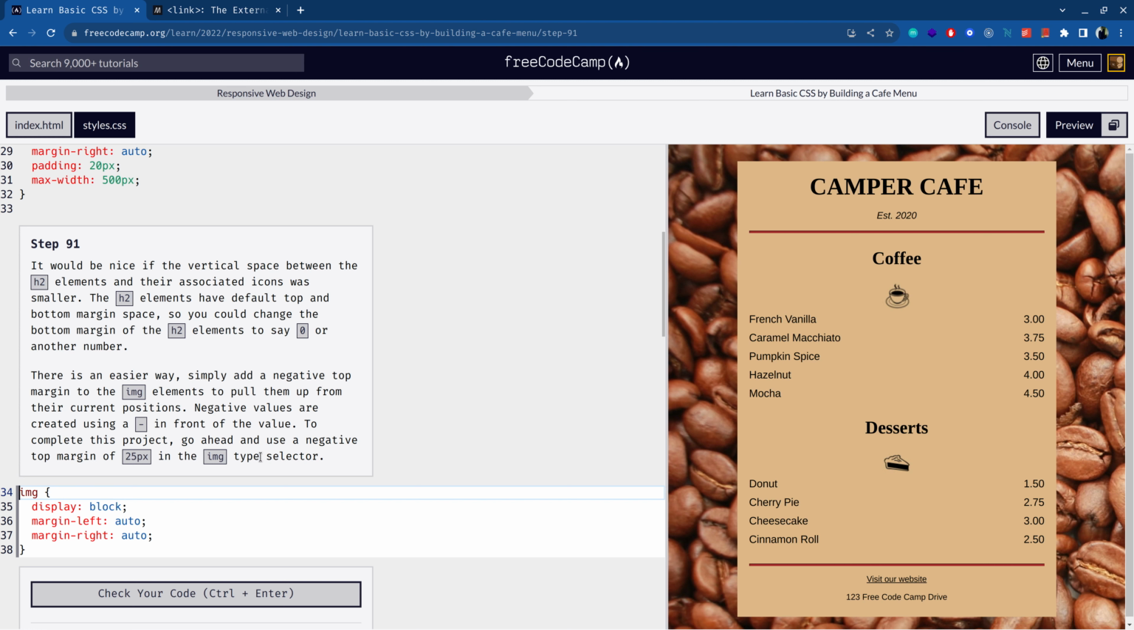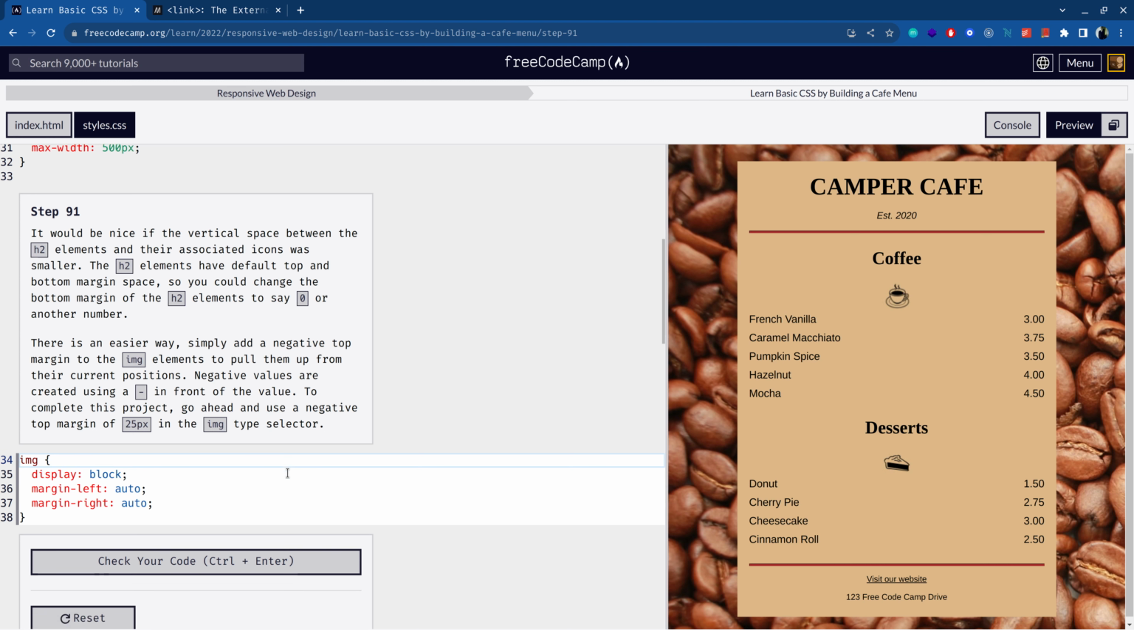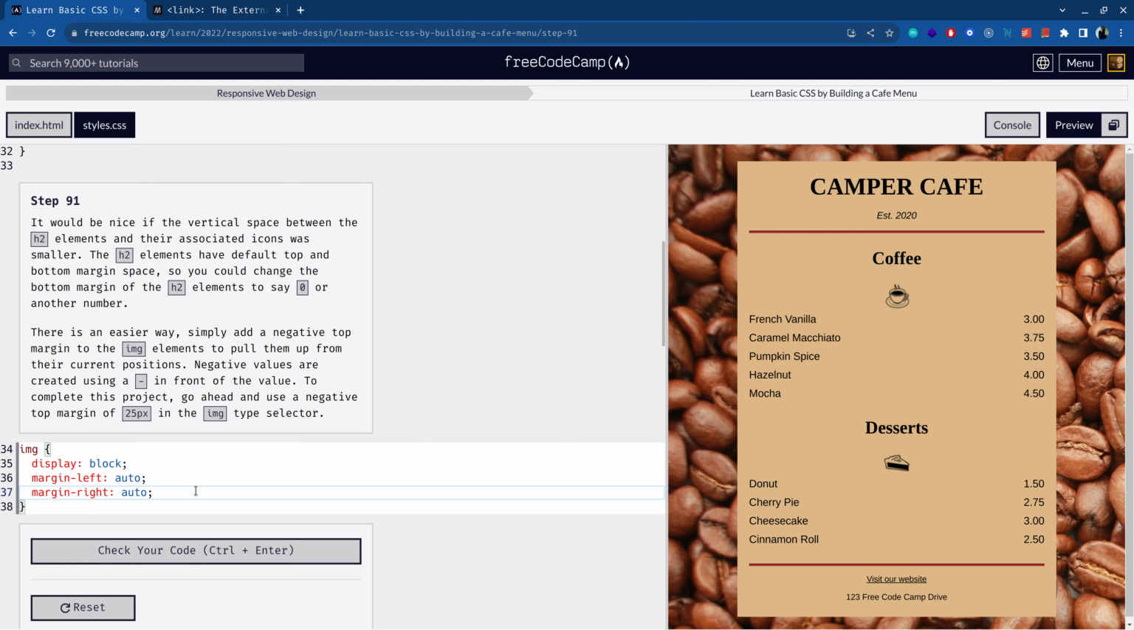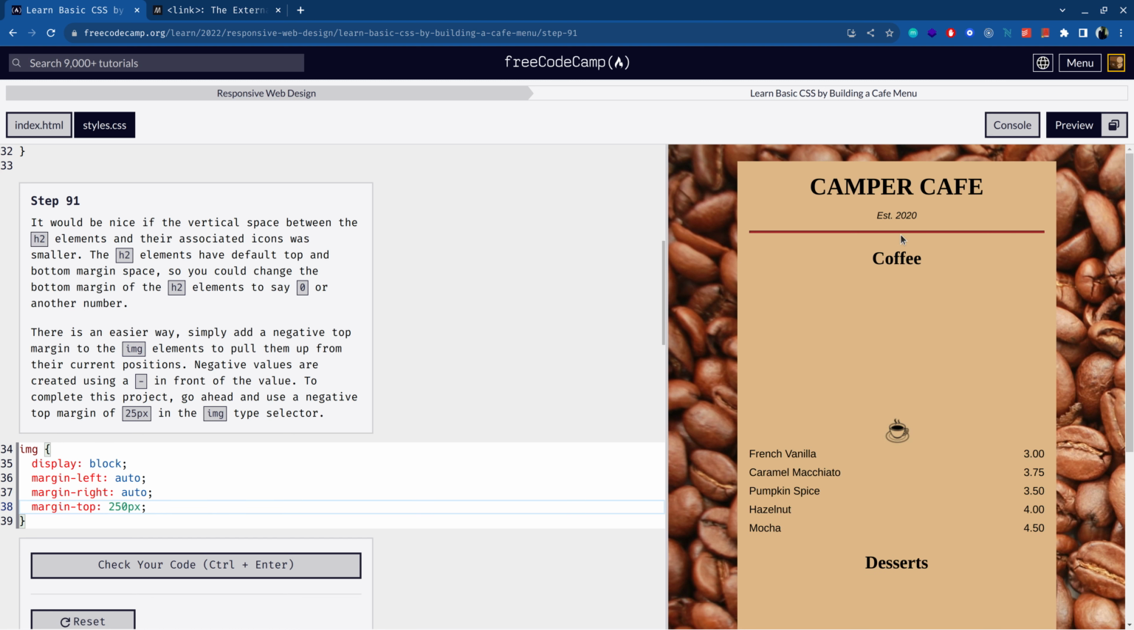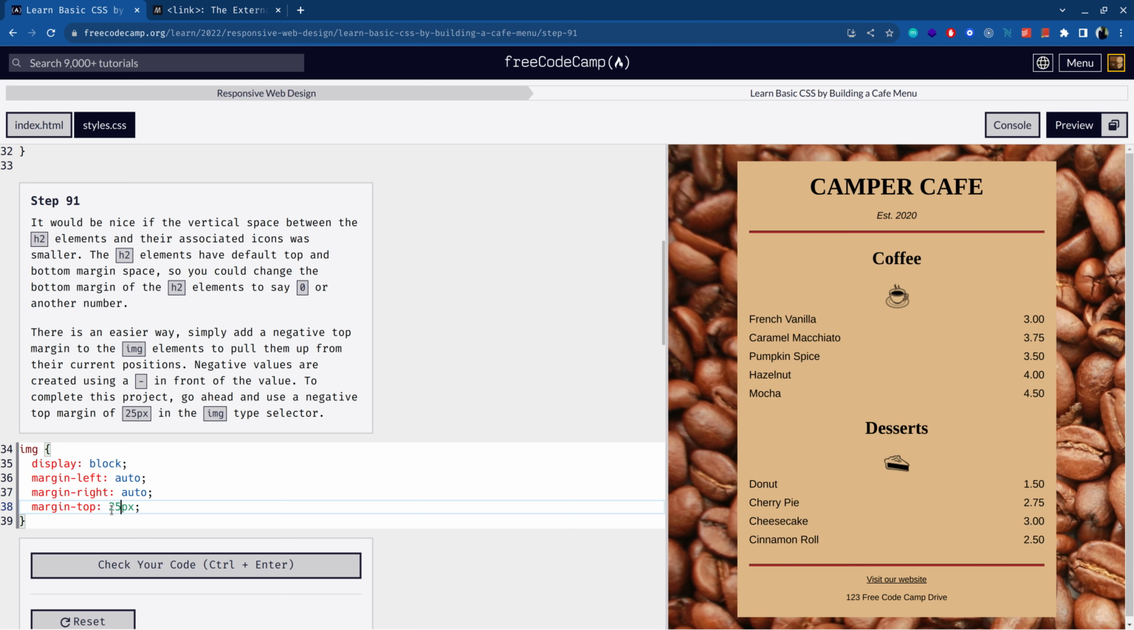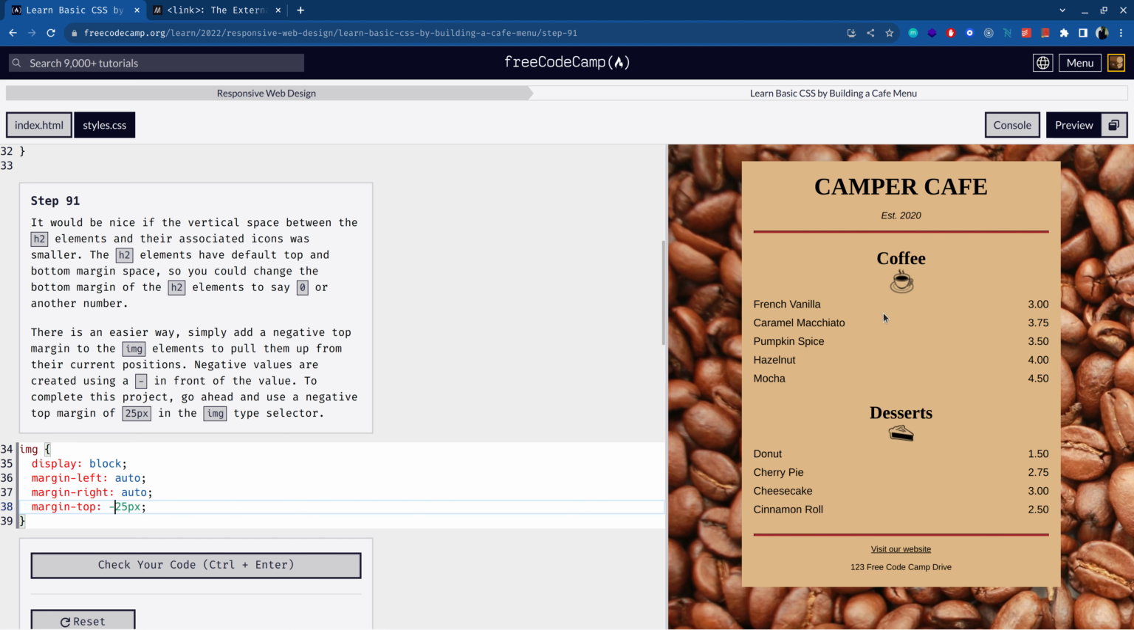Okay, negative values are created using minus in front of the value. To complete this project, go ahead and use a negative top margin of 25 pixels on the image selector. Okay, so basically what we are going to do is apply margin top, and usually when we apply a margin top and give it some value, it's going to push the content down. But if I apply the negative margin, if I put minus in here, then it's going to